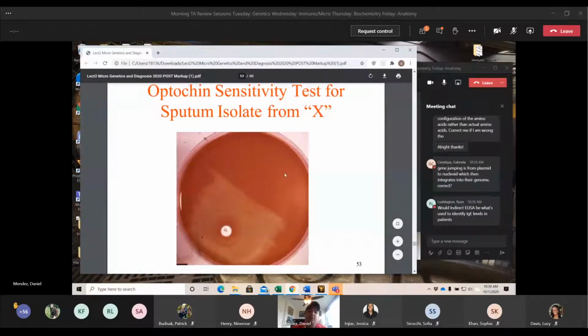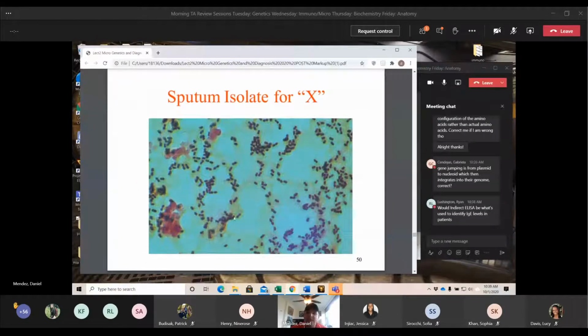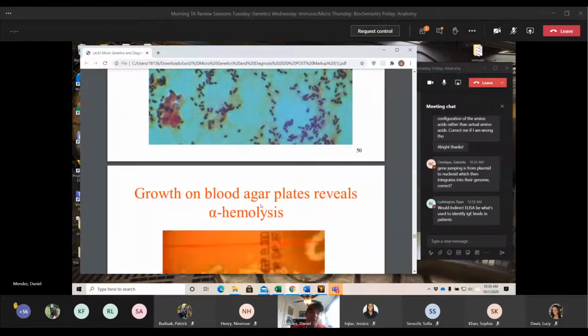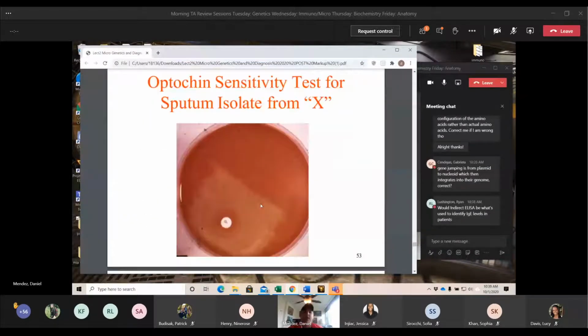No one's going to tell you, hey, this is this. You have to be able to look at this and say, okay, if this is a diplococci that is gram-positive, I should be able to administer this antibiotic now. And then as we go through this other testing, I can narrow it down and change to a more narrow spectrum antibiotic.